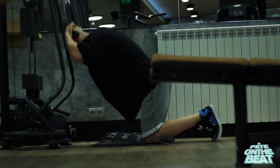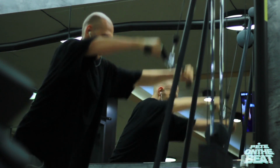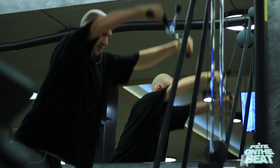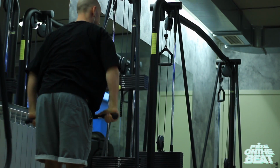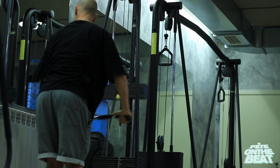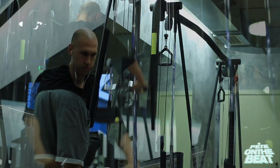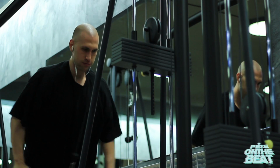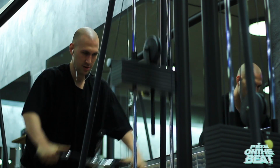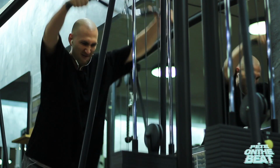The first exercise is a cable pullover with this particular bar. I'm not familiar with the actual name of the bar, but it really reminds me of an EZ bar, so I'm going to call it an EZ bar. As you can probably see, I use a pretty wide grip, probably the widest possible grip for this bar. The other thing I would like you to pay attention to is that I keep my torso stabilized, I avoid any form of swinging and that kind of stuff, and my back is arched during